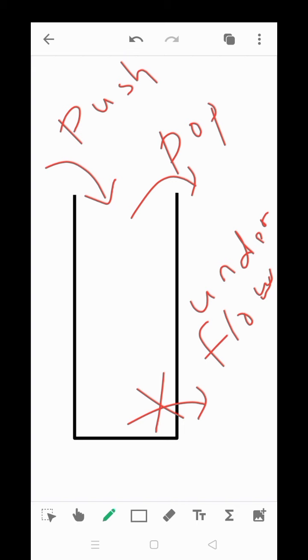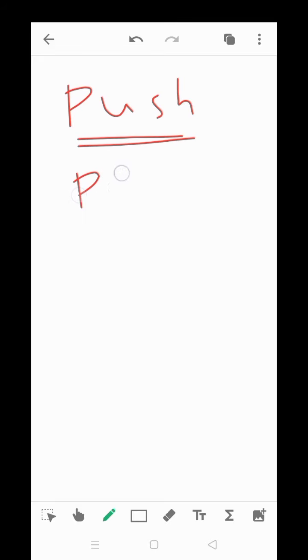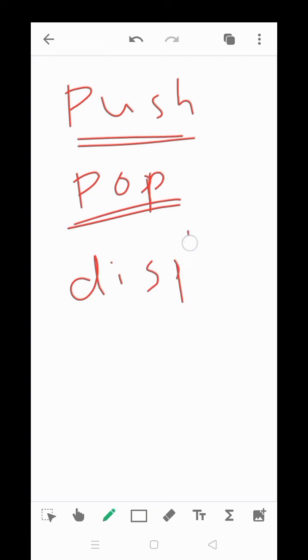So we'll create three functions: push is the first one, pop is the second one, and display. We'll write these three functions in our Python. Push will add an element to the stack, pop will remove an element from the stack, and display will display all the elements.